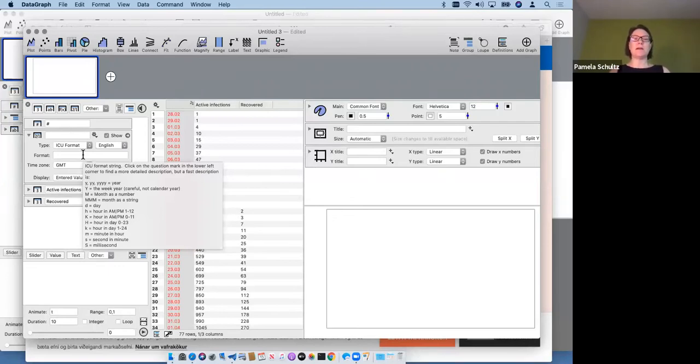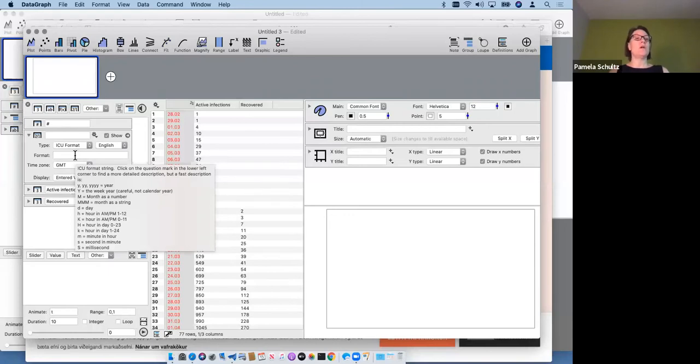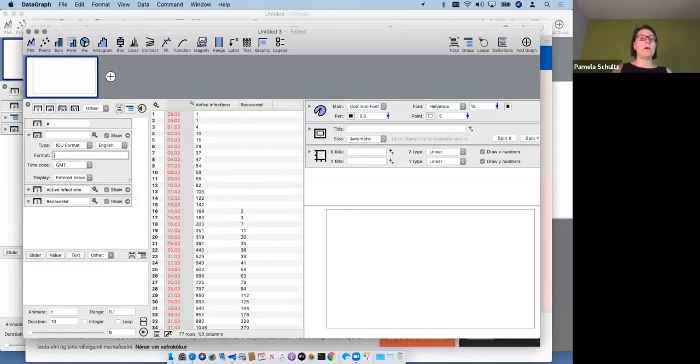I know we have people on the call that have different levels of comfort with using DataGraph. But an ICU format is basically a code for letting the program know what the date format is for the data that I'm looking at. So here I could just change this, and I'm hovering over the format field to show me a list of the text string that I would type in for this date to be read properly. So for example, here I could type in month, for month, .dd for day,